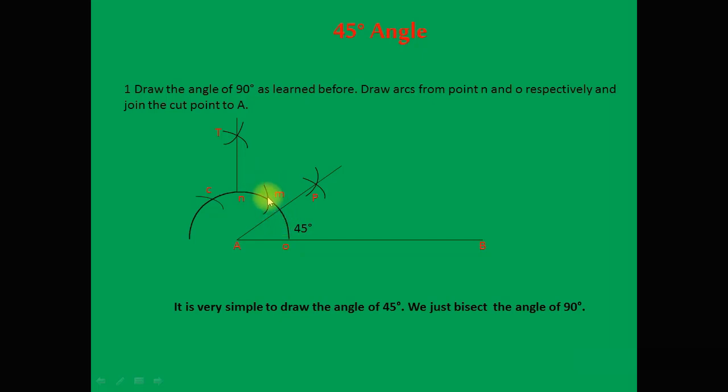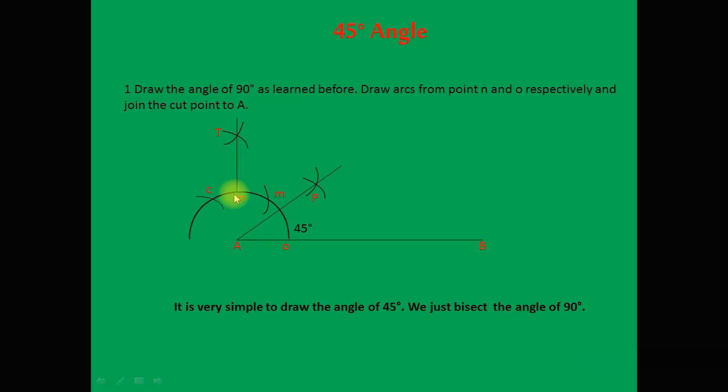And then put the compass at this point M and draw another arc. You will get another 60-degree from M to C. Now put the compass at this point M and draw an arc above here, and then put the compass at this point C and draw another arc above. And when these two arcs join each other, then join this point to this point A. You will get here, from this point O to this point N, an angle of 90 degree.